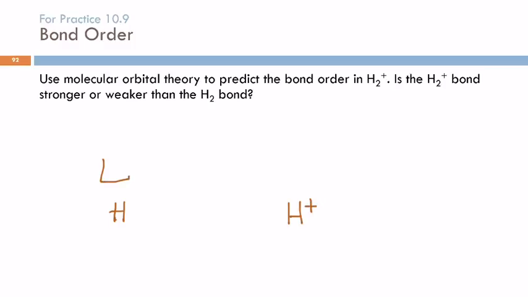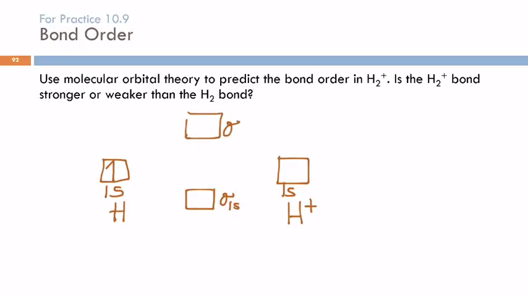So over here we've got H, and here we have the H+, and they each have a 1s valence orbital. The hydrogen atom has 1 electron. How many electrons does the hydrogen ion have? 0. So when these 2 combine, we get a bonding orbital that's called sigma 1s, and we get an antibonding